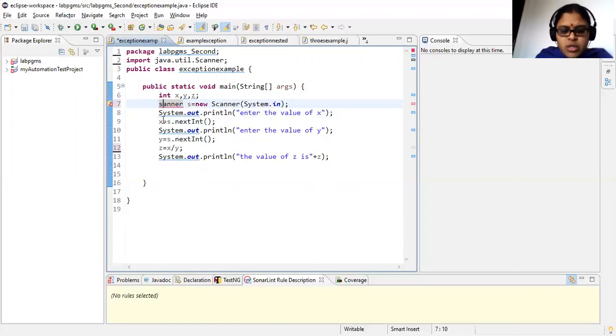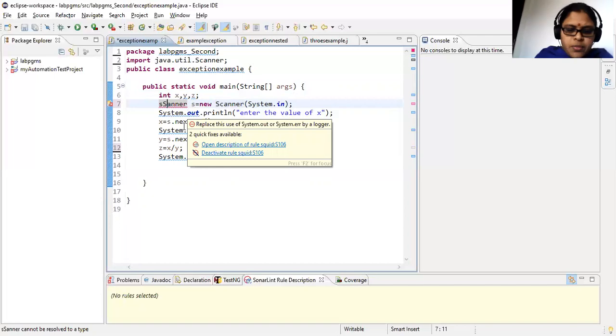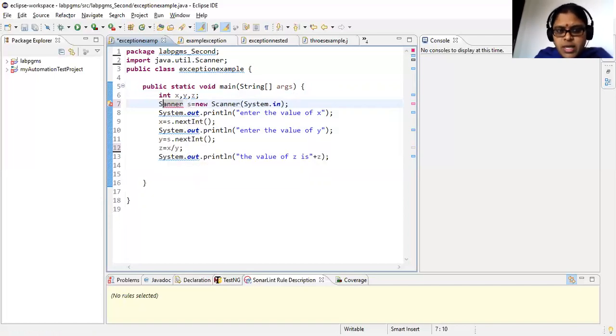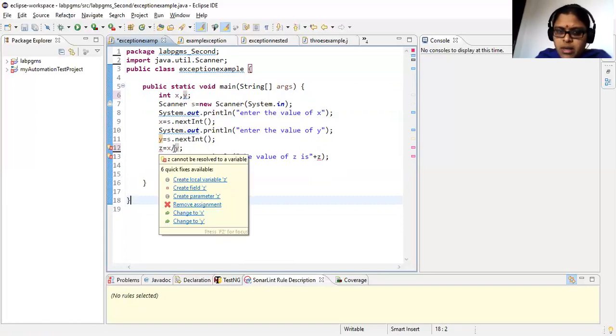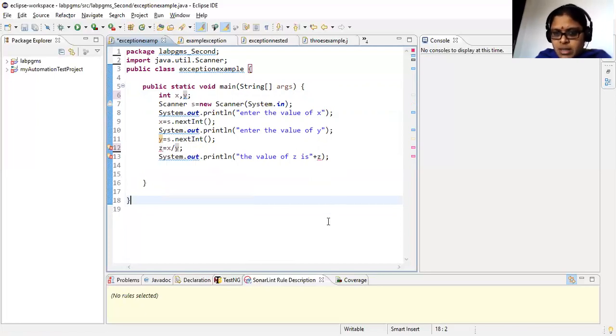So my S is actually a capital. Your S is basically the capital S. Now you can see that there is no error in the program. This yellow is just a warning, right? Similarly, suppose I am removing my z here. Wherever you have used z, you didn't declare it. You didn't declare the variable called z, but you are trying to use it. So this is another example of syntax errors.